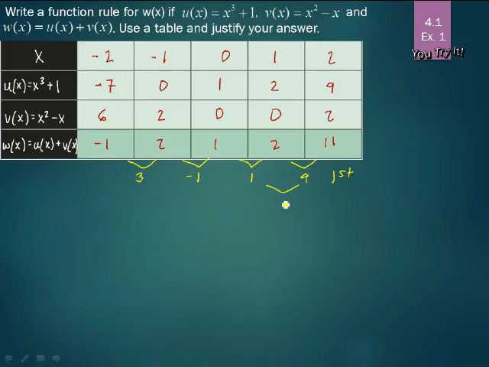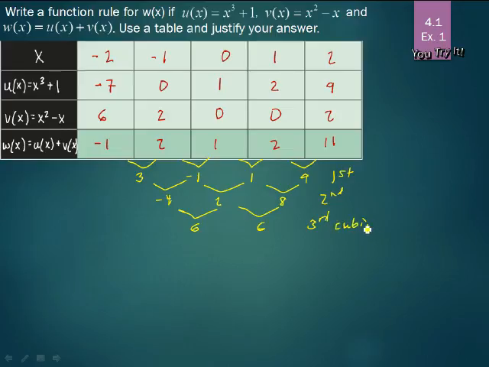So 9 minus 1 is 8. 1 minus -1 is 2. And -1 minus 3 is -4. So again, these are not constant for our second difference, so it's not going to be quadratic. We can keep going. So 8 minus 2 is 6, and 2 minus -4 is 6 as well. Okay, so we see our third difference has the same constant difference, and so that means it's going to be